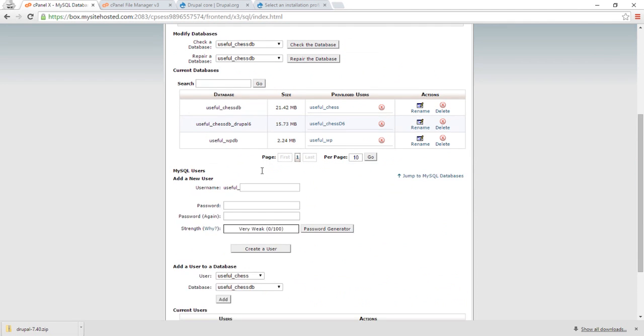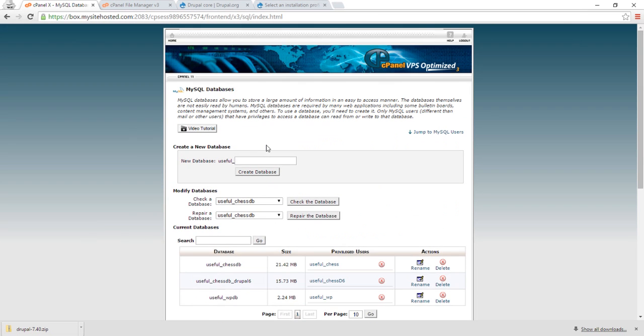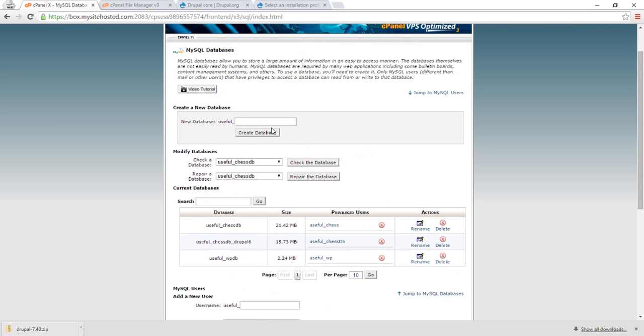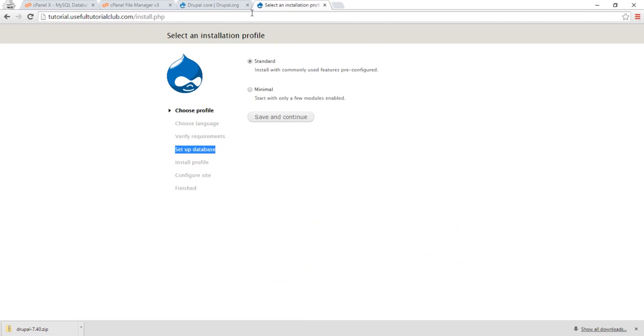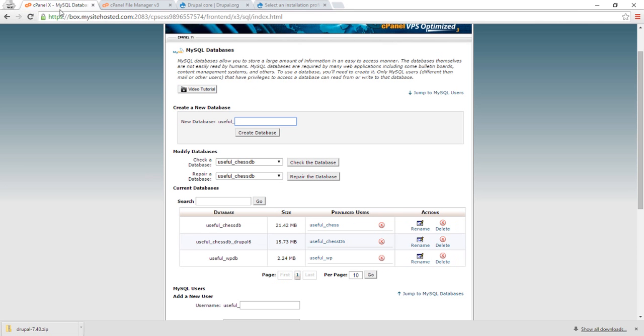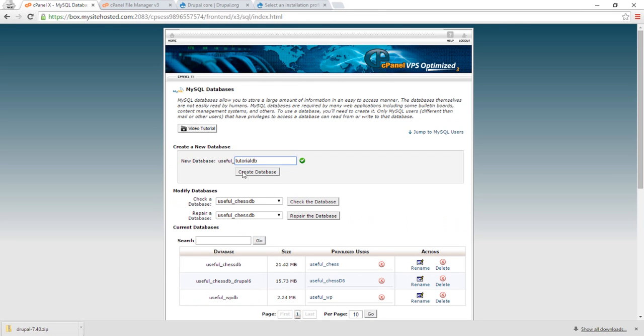From this panel we can create the database and a user to use the database, so that we can install Drupal easily. At first we're going to create a database. Our subdomain name was tutorial, so we can create a database name like tutorial, and there is a Create Database button. If we click here, this database will be created automatically. So we click here,